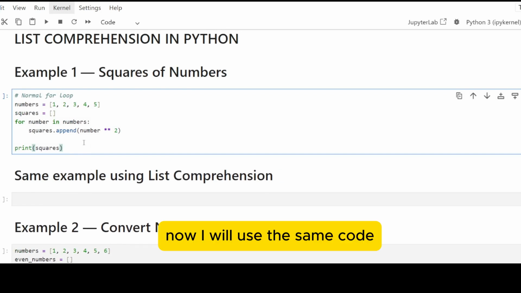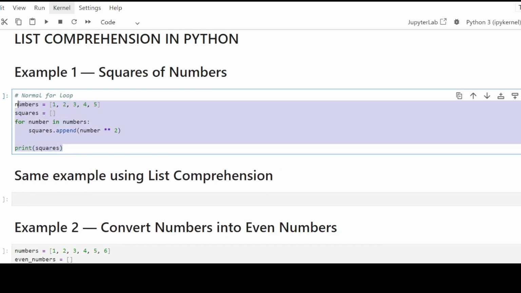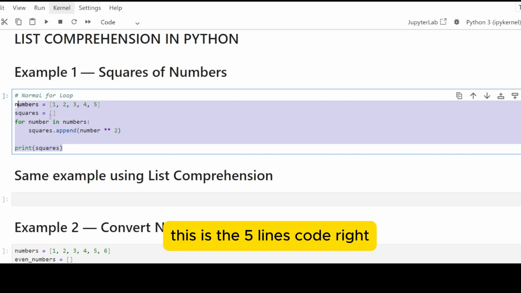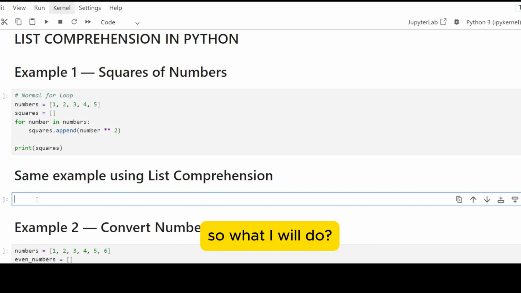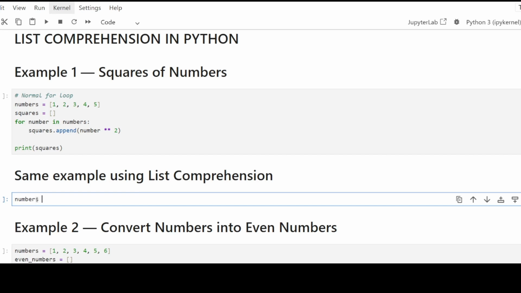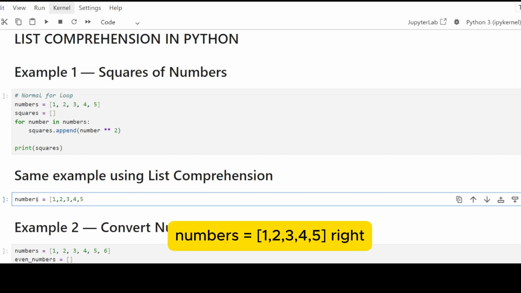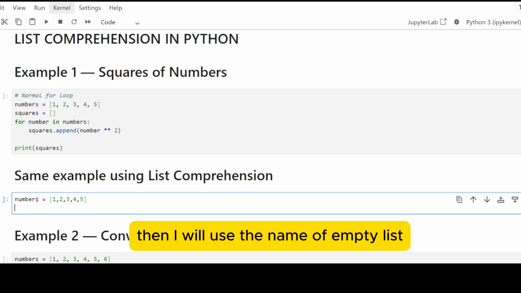Now I will use the same code. This is 5 lines of code, and I will convert it into 3 lines. So what I will do is write the name of the list, in which I store 5 numbers. Then I will use the name of the empty list,